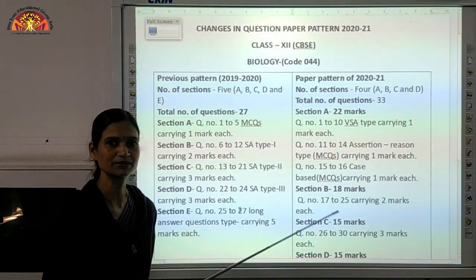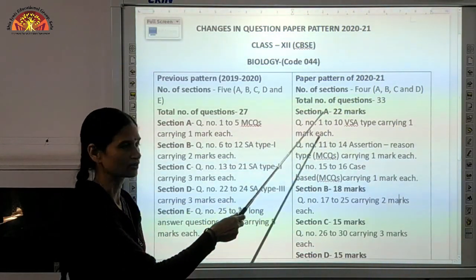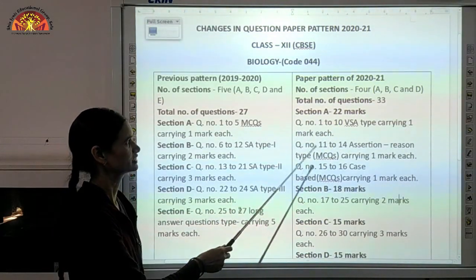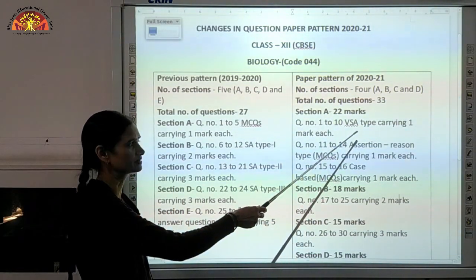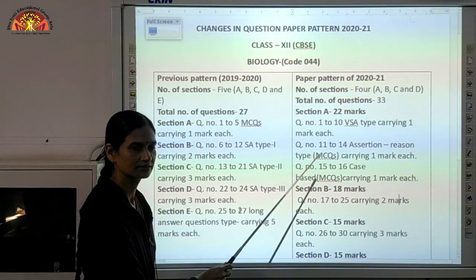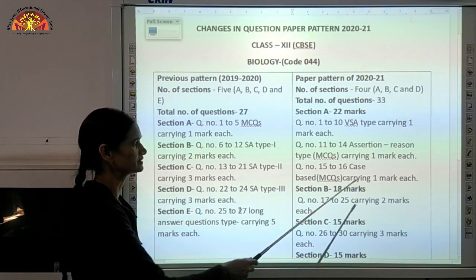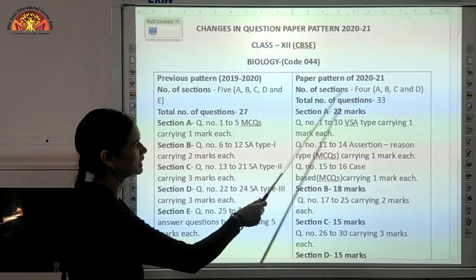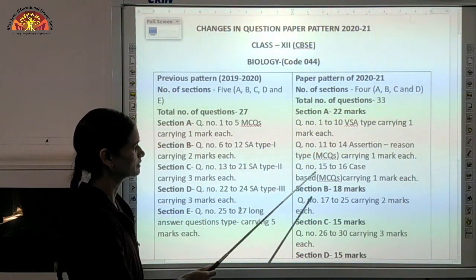तो it has been made easy for you. You can have the choice भी है इसमें. और section A में कितने questions हैं आपके 16 questions हैं, जिसमें कि question number 1 to 10 VSA है, very short answer type, which is of 1 mark of course. Question 11 to 14 assertion reason, which is MCQ, and it also contain 1 mark, and question 15 and 16 are case based questions जो कि 1 mark question ही है. तो this pattern was not in the previous year. This is the new pattern of your question paper this year.